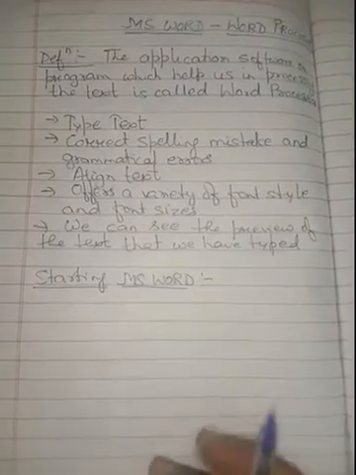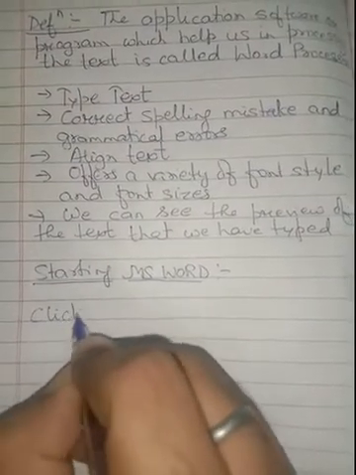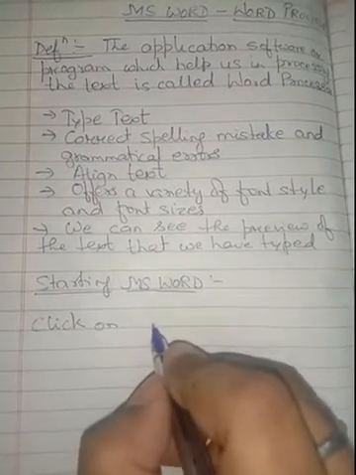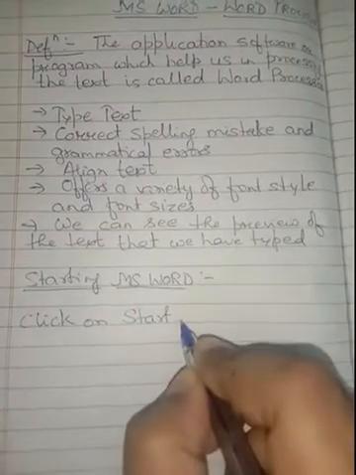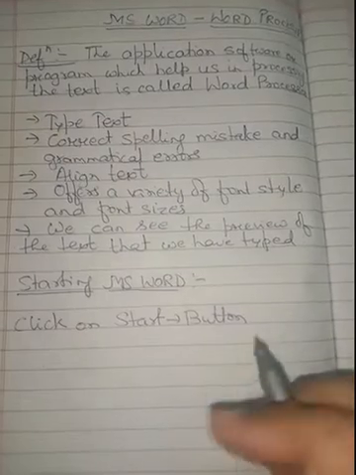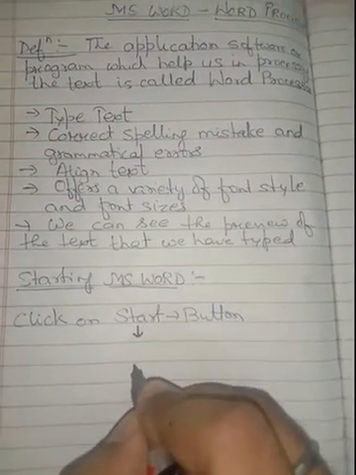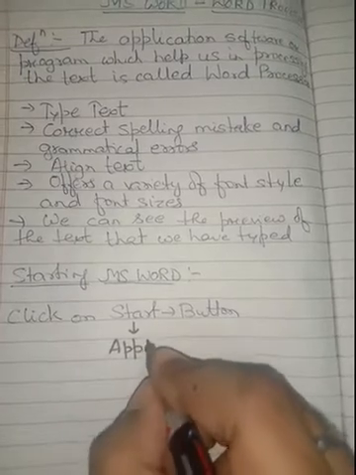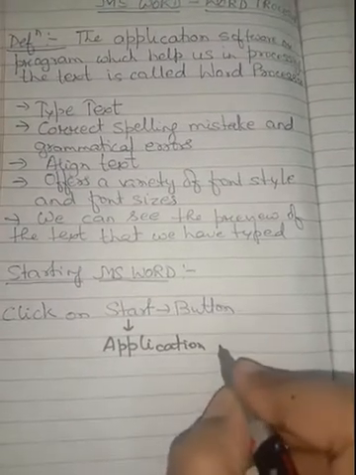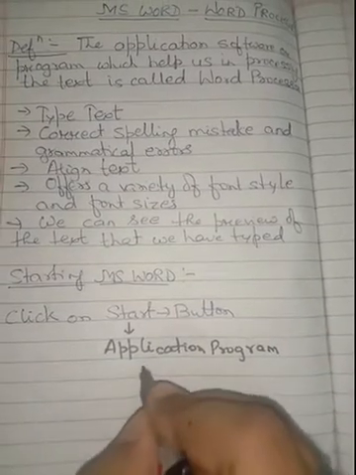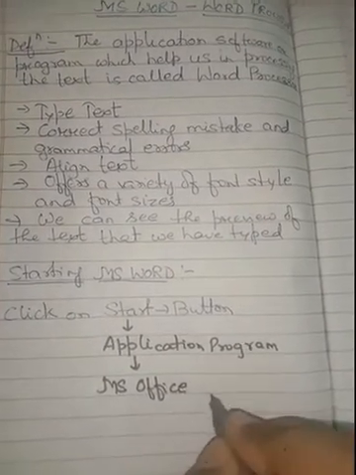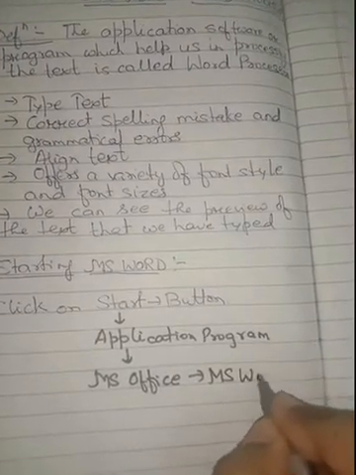Or we can follow like this. First of all click on the start button, then after clicking on the start button, click on application program, and in the application program move to MS Office, and from the MS Office click on the MS Word option.